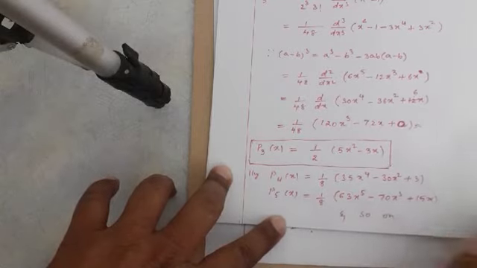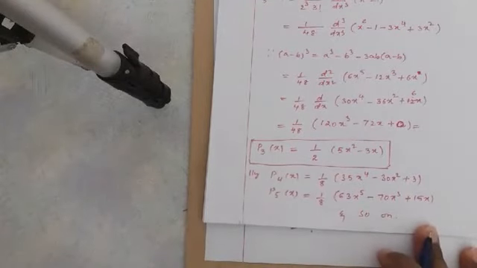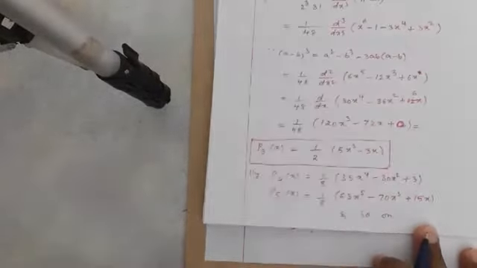So in this way, how did we get all this? We have substituted n is equal to 0, 1, 2 and so on in Rodrigues formula. Rodrigues formula is nothing but Pn of x is equal to 1 upon 2 power n factorial into d power n upon dx power n into x square minus 1 power n. In that we substitute and then we get all Legendre polynomials. Then after this, let us do problems based on Legendre polynomial.